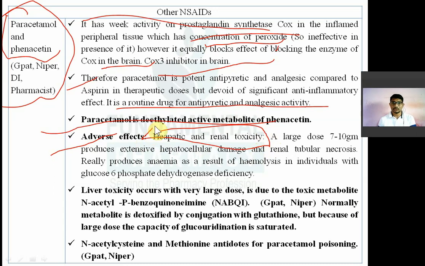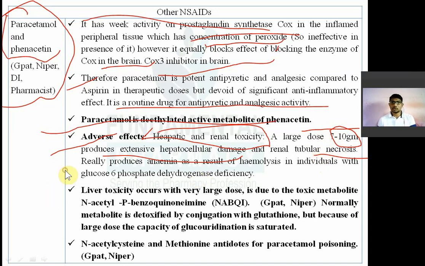आपने सुना होगा जो पेन किलर ड्रग्स होते हैं वो किडनी खराब करते हैं, आपका लिवर खराब करते हैं. Because most of the NSAIDs adversely affect your liver, particularly in a large dose beyond the therapeutic. So if you take 7 to 10 gram per day, it will produce extensive hepatocellular damage and renal tubular necrosis. तो इतना डोज कोई लेता नहीं नॉर्मली. व्हाट इज नॉर्मल डोज 600 मिलीग्राम बीडी और ओडी. तो 7 to 10 ग्राम कोई लेता नहीं है. So that's why don't worry.